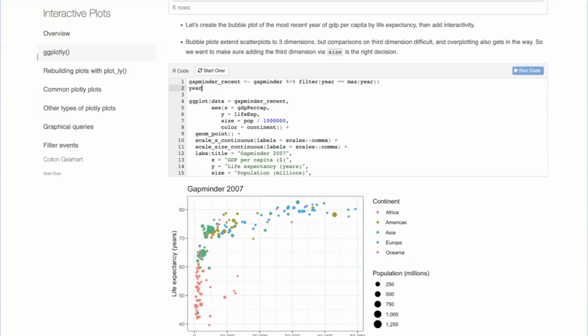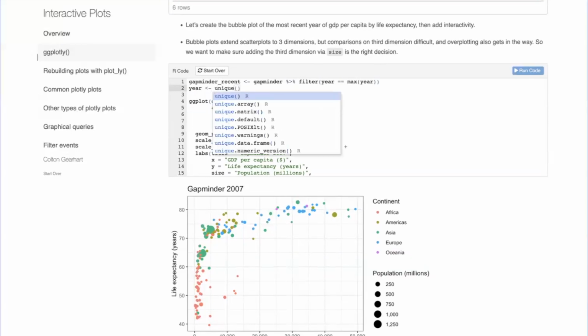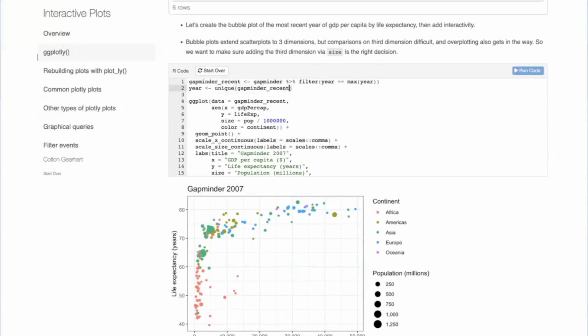So what we need to do is year is equal to unique Gapminder recent dollar sign year. So all this is doing is it's looking at my recent data and it's pulling out the single value for the year. So that's all that does. So this year value is going to host 2007. Then what we need to do